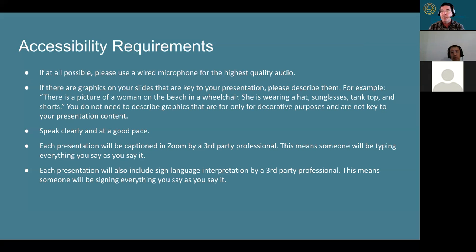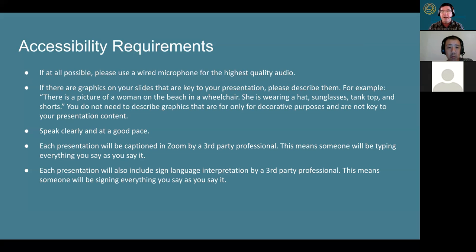Next thing, if there are graphics in the presentation, if the graphic or photo is important, we need a short description of what it is. The important thing is that the presenter give the information they're trying to convey. They don't have to explain everything or describe everything in the photo or graphic, just the message they're trying to convey. So while the presentation is going along, as a discussant, you may want to remind the presenter that they need to describe what they have in their presentation.